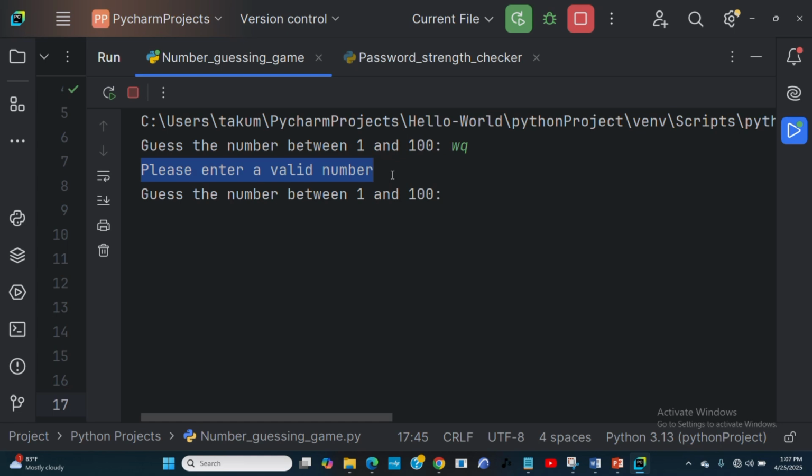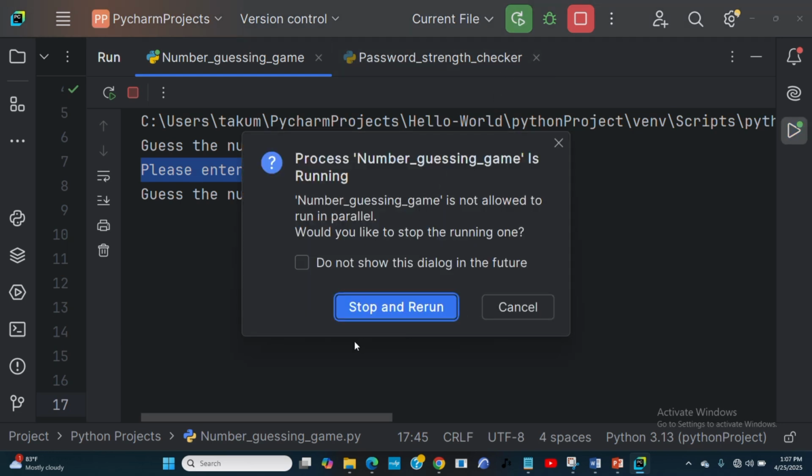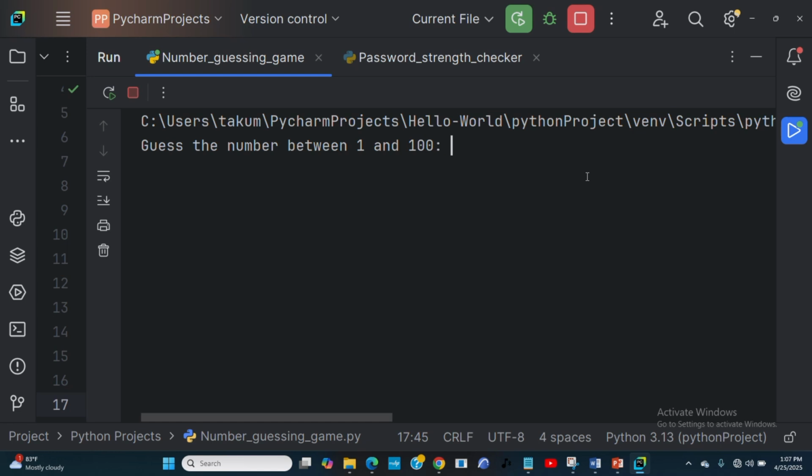But if I didn't put this in the try block to be able to handle the exception, all of this place would have just been red, showing errors everywhere, because there was nothing to handle the exception. But because I handled the exception, we are able to handle it. So the user now knows, oh, I didn't put it correctly, let me put it correctly. You're going to remember that you need to give a number, and that you made a mistake and gave a string.